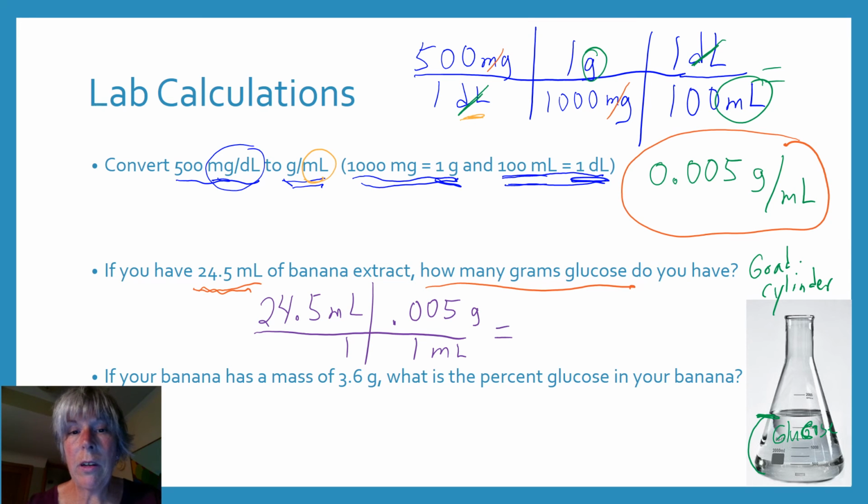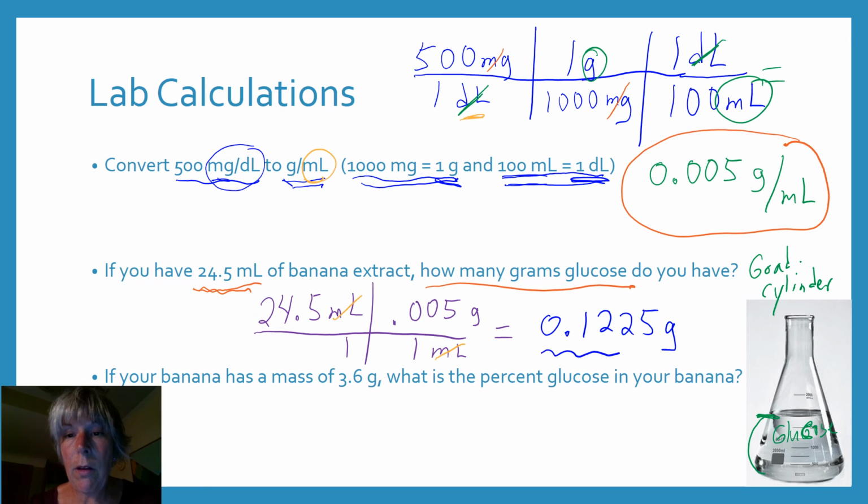The milliliters are going to cancel. 24.5 times 0.005 I calculated already, and it turns out that that is 0.1225 grams. Okay, so in my liquid here, there's 0.1225 grams of glucose, and I extracted that glucose from a